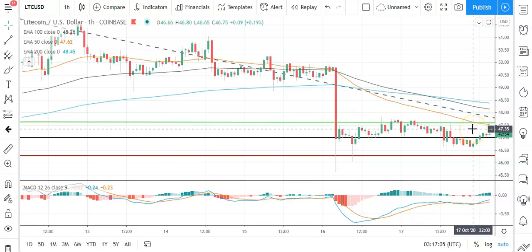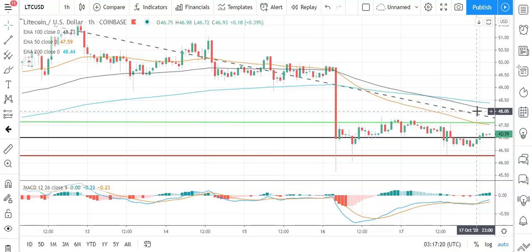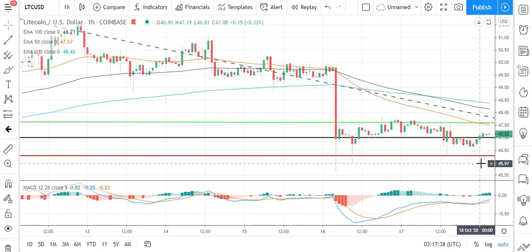So barring an extended rally on the day, expect that first major resistance level to pin Litecoin back. In the event of a breakout, should see Litecoin visit 48 levels before any pullback. Second major resistance level at 48.31 should cap any upside. A fallback through the pivot will bring the first major support level, sitting at 46.29, into play. Barring an extended sell-off on the day, Litecoin should steer well clear of the second major support level, sitting at